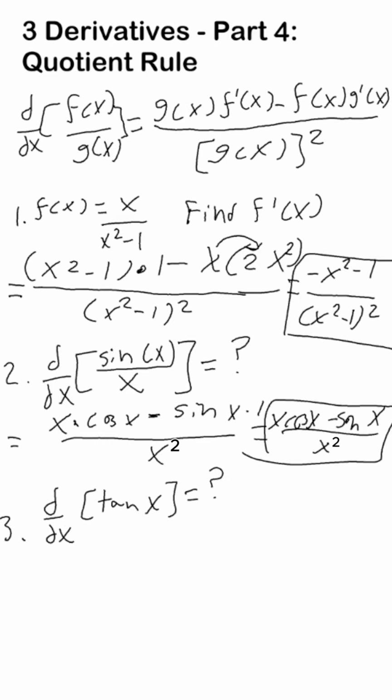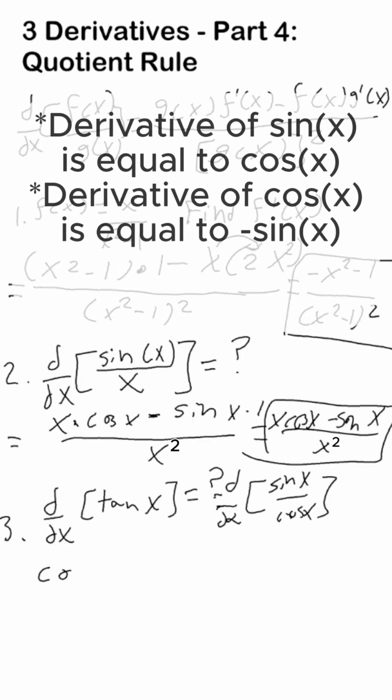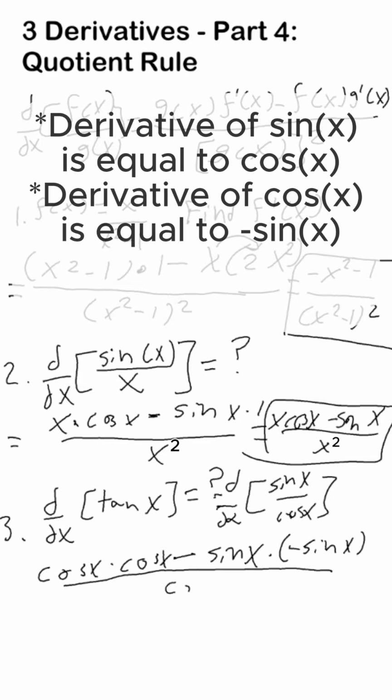And for this last one, we have the derivative of tangent x, but this is the same thing as taking the derivative of sine x over cosine x. So we start with cosine x on top, then we take the derivative of f of x, cosine x, then you subtract sine of x, multiplied by the derivative of cosine x, which is negative sine x, all over cosine